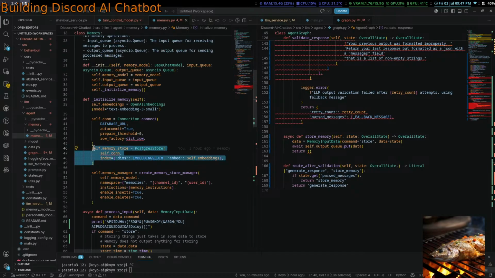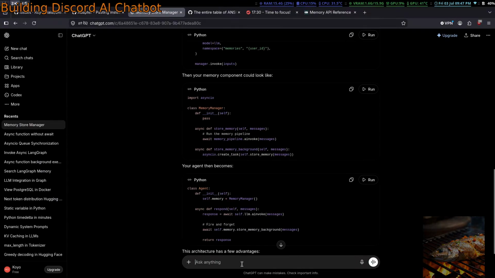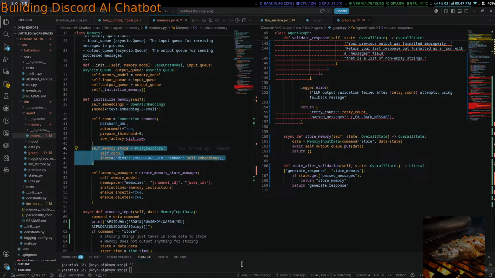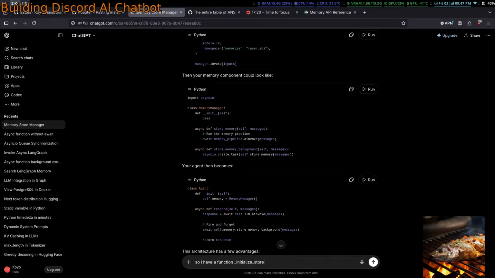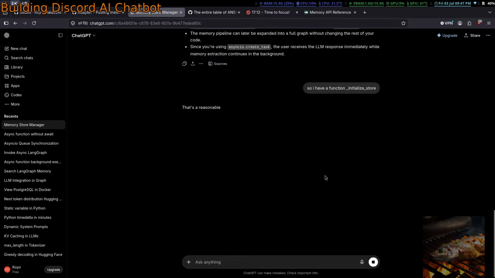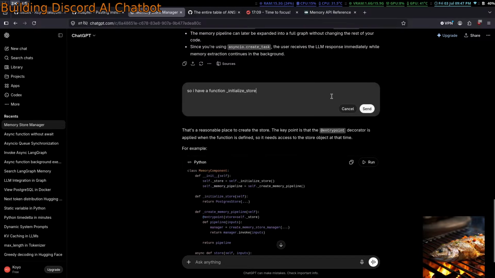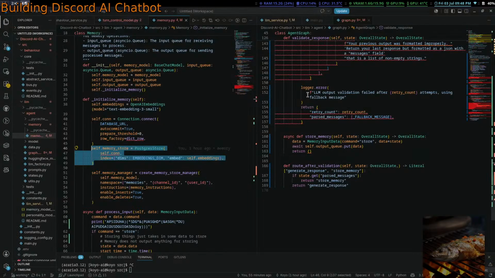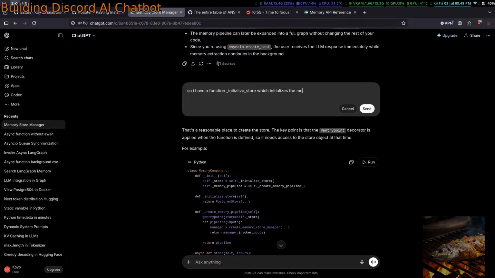So I initialize the memory store and memory manager. So I have a function, initialize store, which initializes the memory store and the manager, and I just throw the decorator onto there.